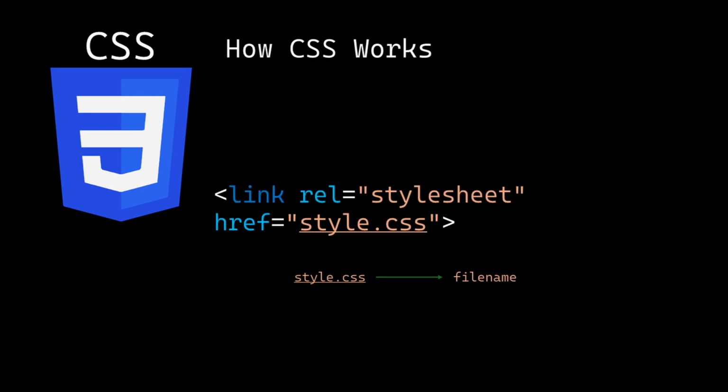How to connect CSS to HTML? To use CSS in a web page, you connect a style sheet to your HTML file. This is done in the head section. We do this by writing link rel stylesheet. This tells the browser this is a CSS file that we are connecting to the HTML file, and we have